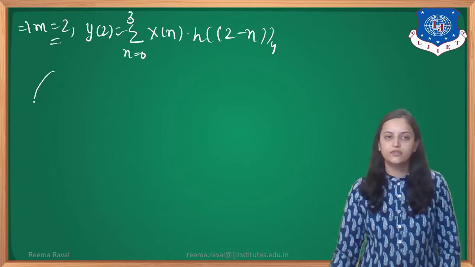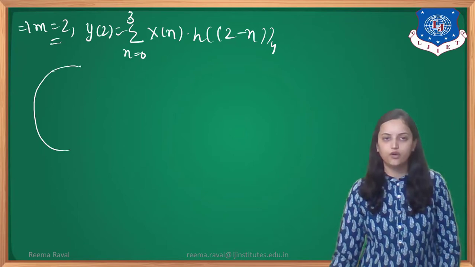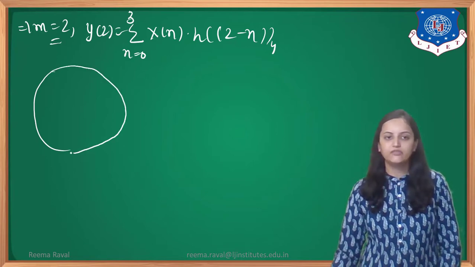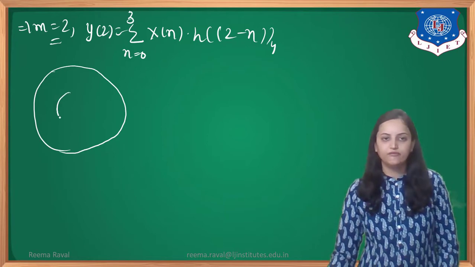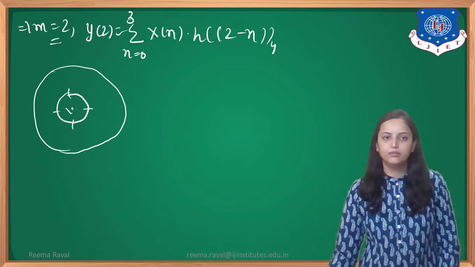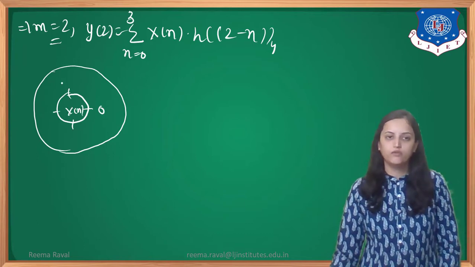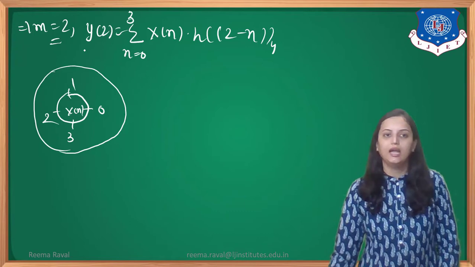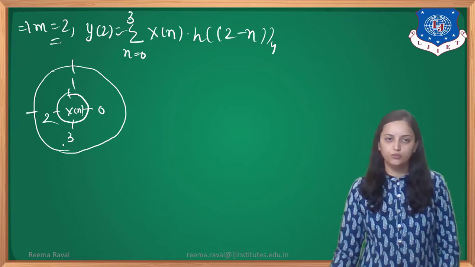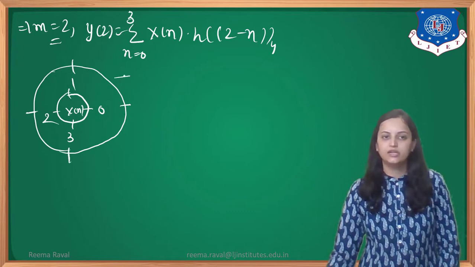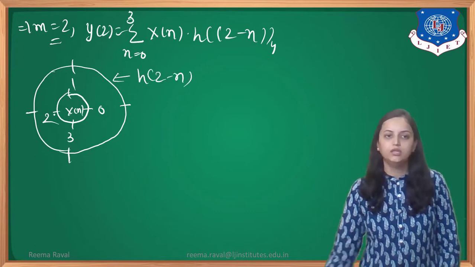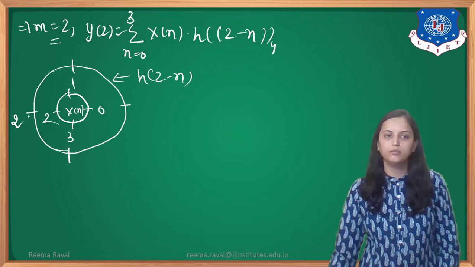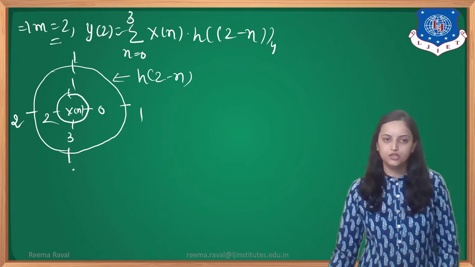So for instance, we have done the circular convolution for 1 minus n. If we advance by 1 point, we will get 2 minus n. In the same way, inside the circle there will be x of n. For 4 points its values will be the same, anti-clockwise 0, 1, 2 and 3. And for 4 points, h of 2 minus n will have the values now starting from this instant, so it will become 2, 1, 1 and 2.